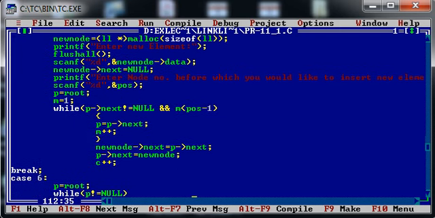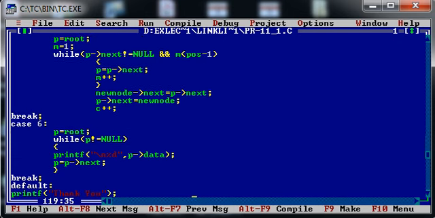and this is case number 6, for displaying purpose. For displaying purpose, what we need to do? We need to traverse from beginning to the end, and the ending condition will become p is not equals to null. It means the address of p pointer should not be null. If it is null, then we need to come out from the loop. That will be the termination condition so far as display operation of single linked list is concerned, right?